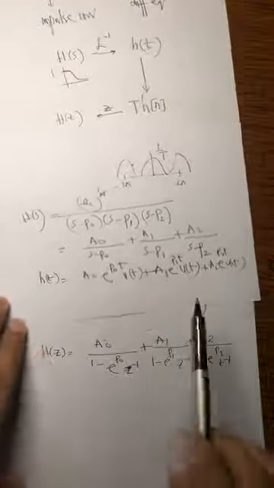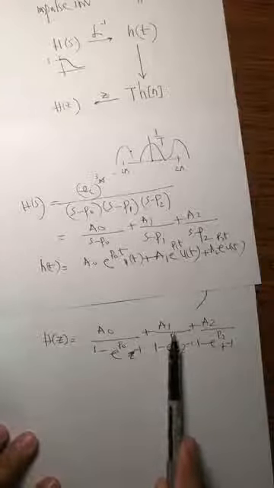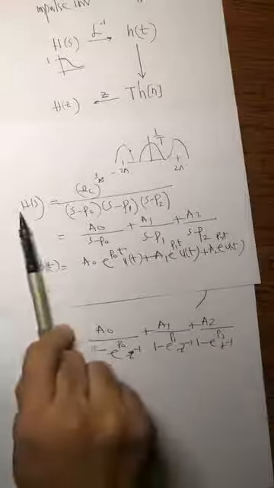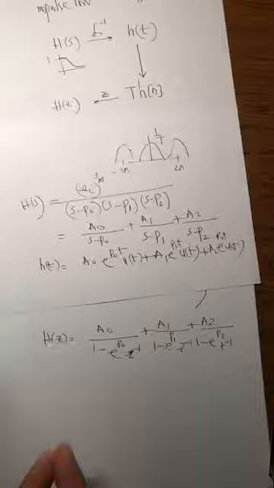So from h of S to h of Z, all you have to do is put your poles over the exponential: 1 minus exponential P0, 1 minus exponential P1, 1 minus exponential P2. The transfer function given in h of S is converted into a transfer function in h of Z. So you are done. Once you have an h of Z, you are done with the design, because you started with the specifications, designed an h of S, and now you have an h of Z. And h of Z is basically a difference equation, so you take the difference equation.